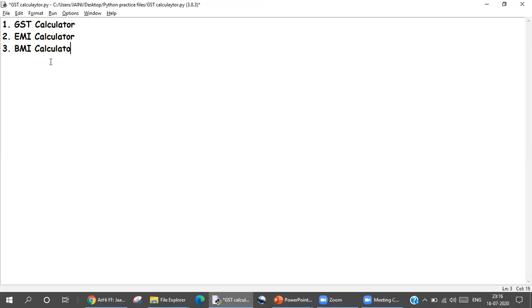These three calculators you are going to do. You will find the formulas on Google if you require. You will take all the inputs that you require from the user. So for EMI, you can ask, what is the total amount? How many months? And then every month, the amount you have to pay is, and then whatever is the answer. For BMI also, you will have to take height and weight and everything. All right, so these three you're going to do today.